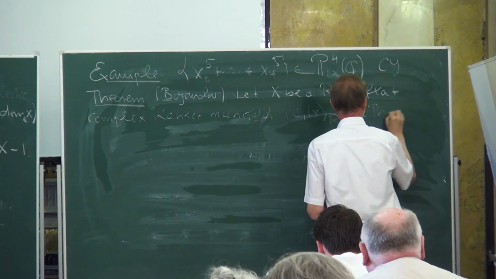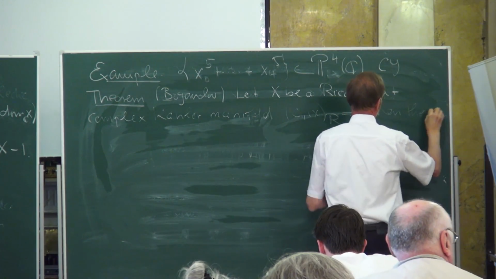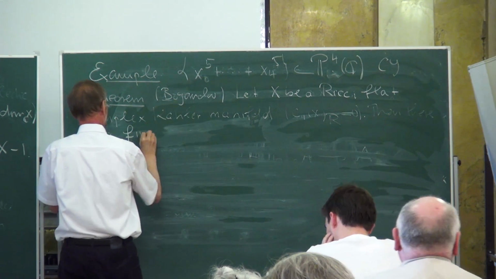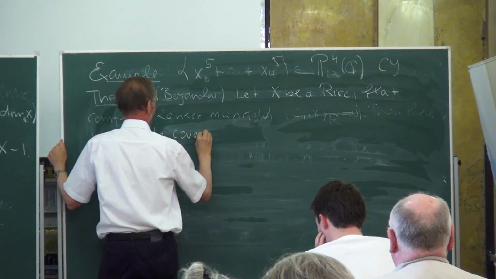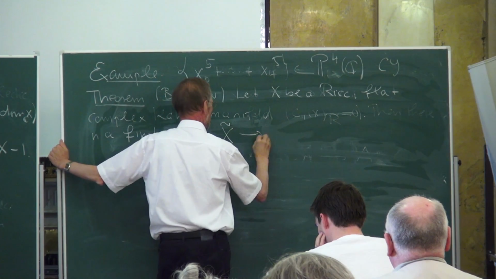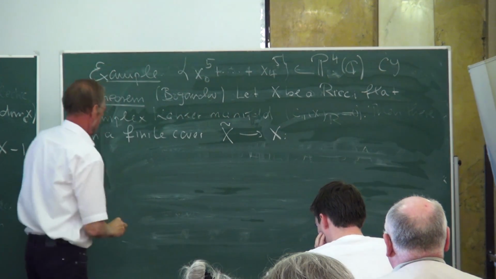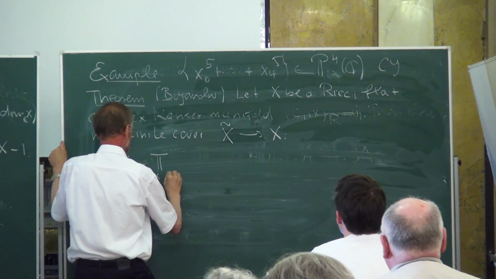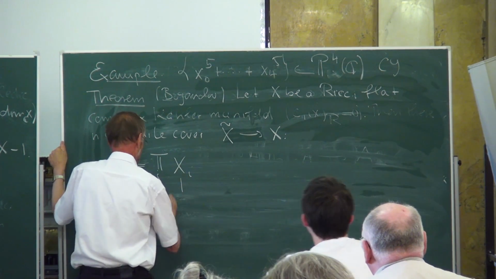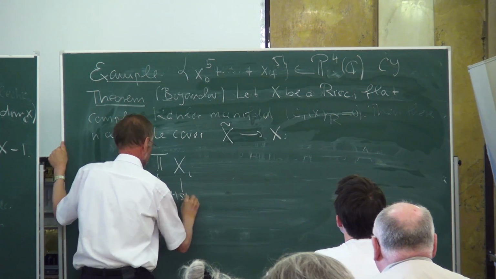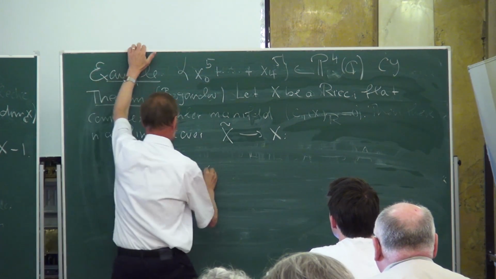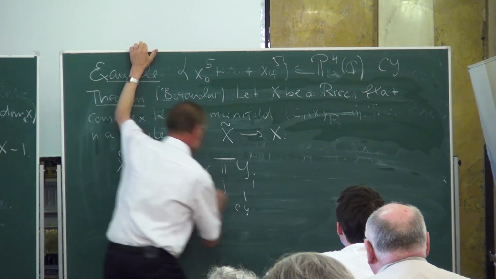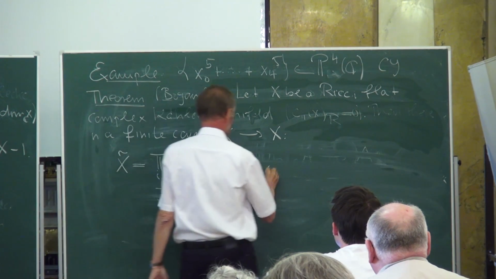And then there is a finite cover X tilde over X, such that X tilde is a product of, say, X_i, these are IHSMs, times a product of Y_j, these are Calabi-Yaus, times a